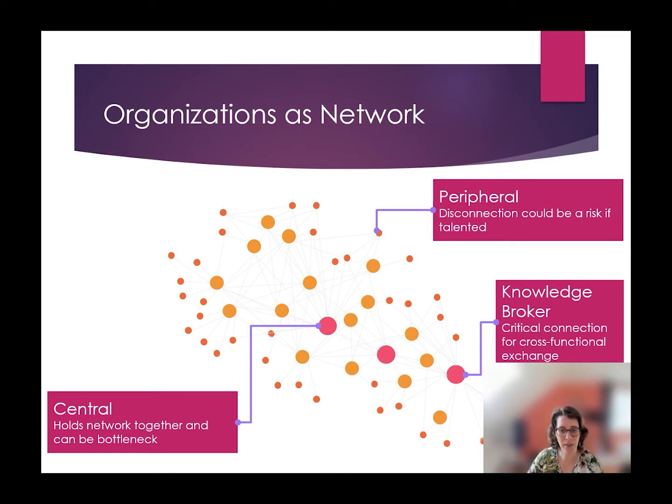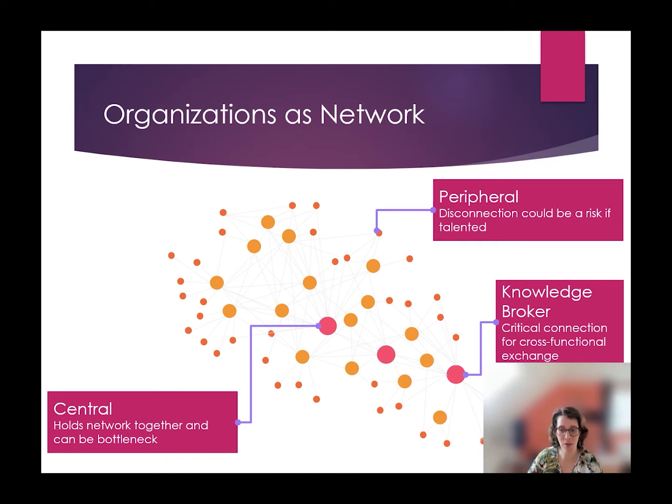And in this network, you have different important structures. So for example, you have central people. They hold the network together and they are very important for the progress, but they're also a bottleneck and a risk. If these people are leaving the company, it's a disaster for the company. That's very bad. And it's also very good to know exactly who these people in your company are that are so important, because you definitely want to make sure to keep them, and you definitely want to make sure they have everything for their work that they need to be successful.